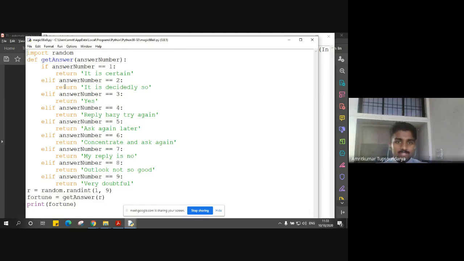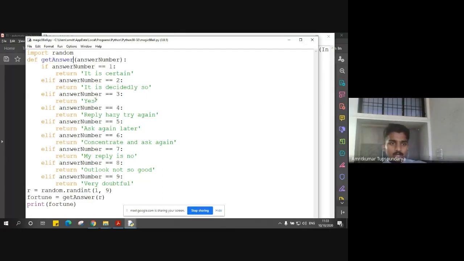So this was the Magic 8 Ball Python program that we discussed when we were discussing the if, if else and elif conditional statements. We simply imported the random module and defined a function called getAnswer. getAnswer was used to get a particular message after generating a random number.